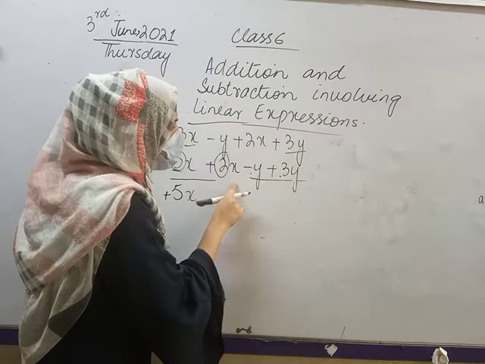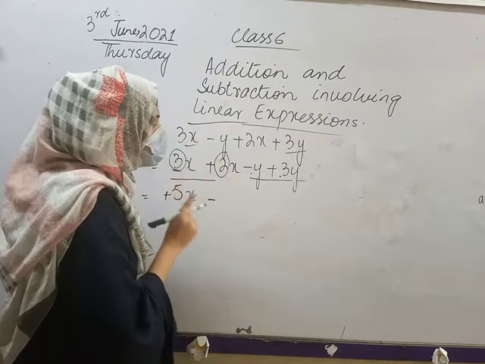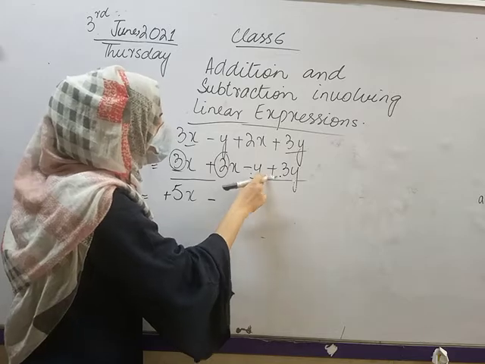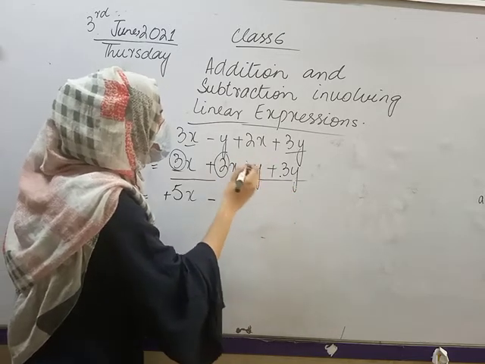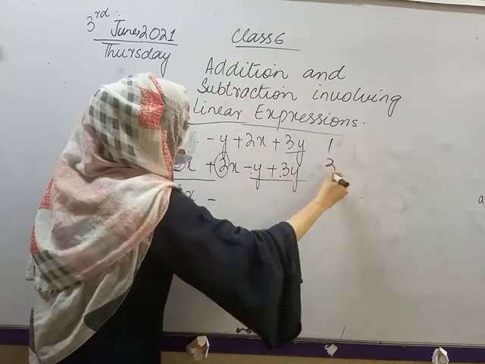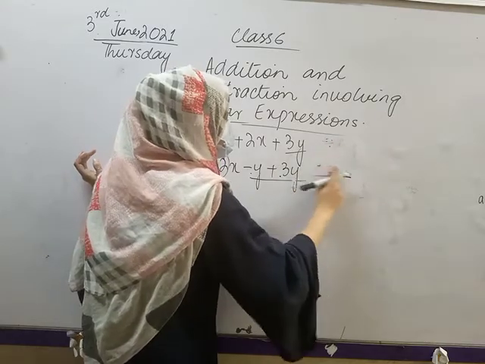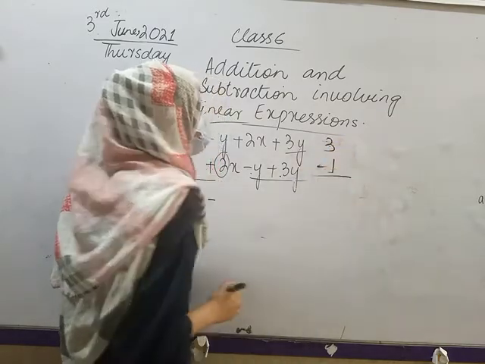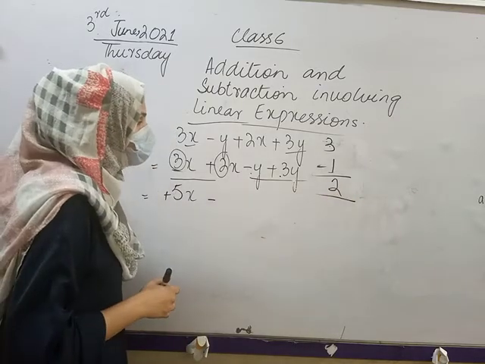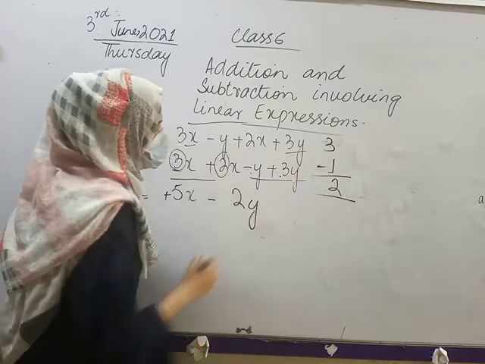Here, if you look, we have y and we have 3y also. So when there is y, it indicates 1, class. When no constant or coefficient is attached with the variable, what do you assume? There is 1. So 1 and 3. We will subtract 1 from 3. When we subtract, we have 2 in the end. Isn't it, class? So I will write 2 here, 2y.